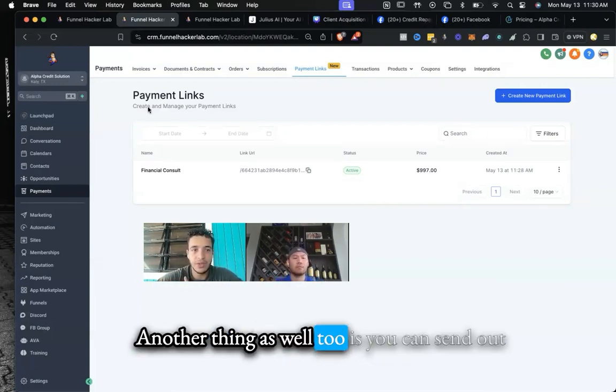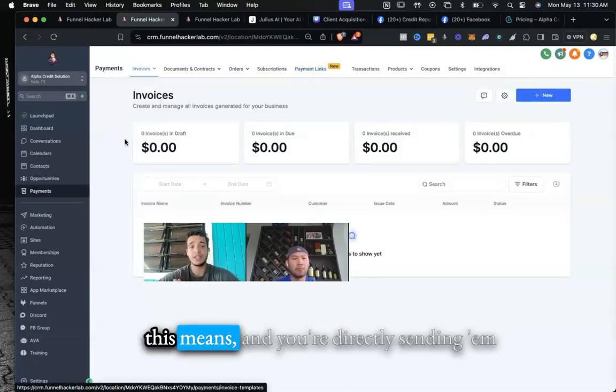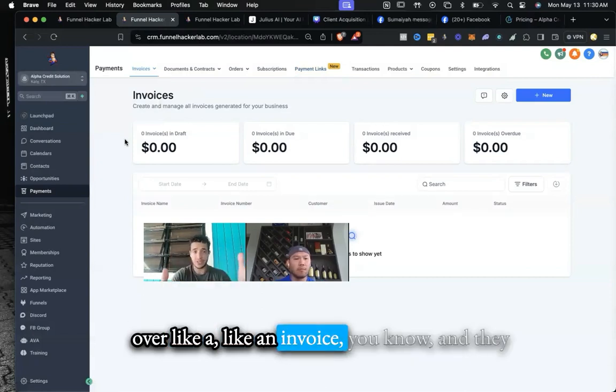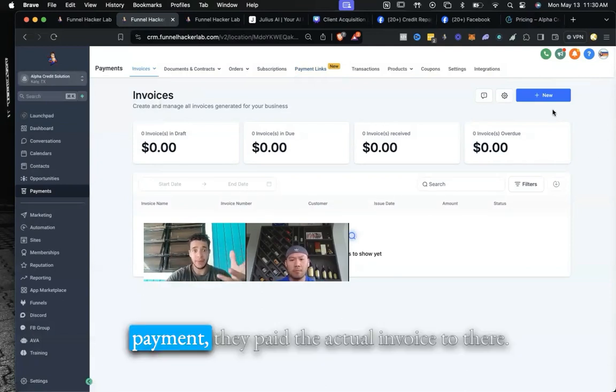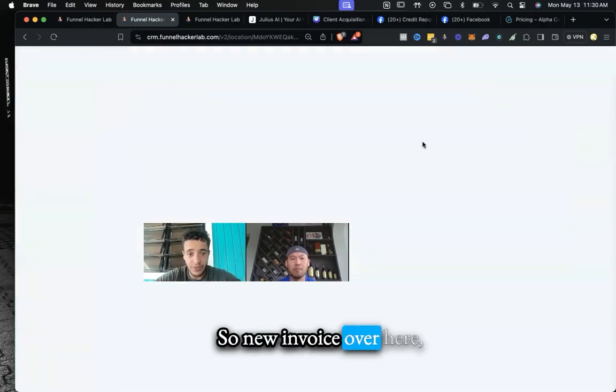Another thing as well is you can send out invoices over here. So with invoices, what this means is you're directly sending them an invoice, and they pay the actual invoice. So new invoice over here,